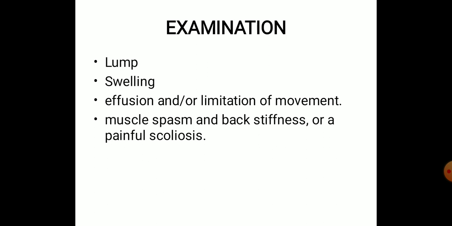So if there is a lump, we need to look for where it arises. Is it discrete or ill-defined? Is it solid or hard or pulsatile? We need to look at the properties of this lump, whether it has a proper margin or is ill-defined. Ill-defined growths are a much stronger indication of malignant tumors. If it is a well-defined border lump, we can suspect a benign kind of tumor in that situation.